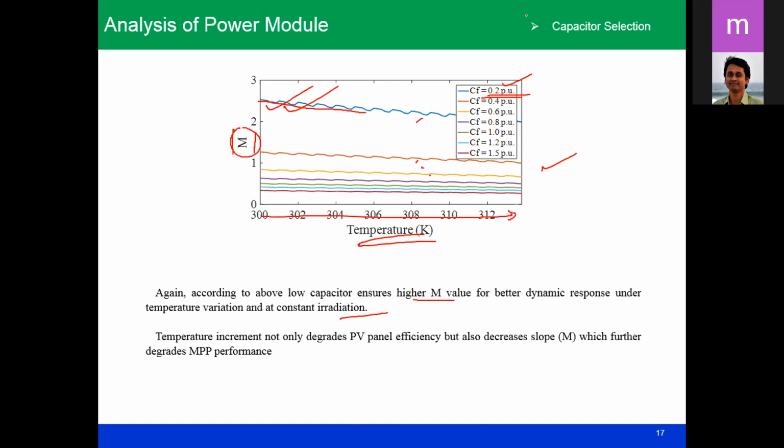Therefore it is recommended that 0.2 per unit should be the capacitor value, but there are other dimensions as well. Resonating time is one thing, the second is the transient time or slope value, and the third: if you are using this DC grid, say a photovoltaic panel and then a DC converter, and after that you want to use an inverter to connect to the AC load, the capacitor value you have selected should not impact the system. So that capacitor value should be foolproof. Therefore, here is the third dimension of the analysis.